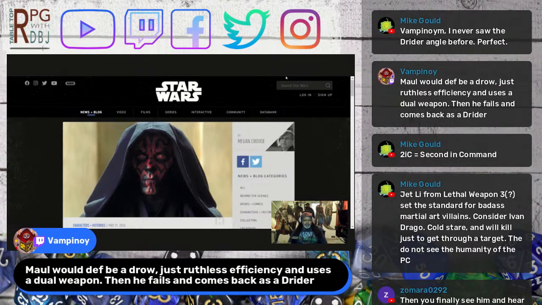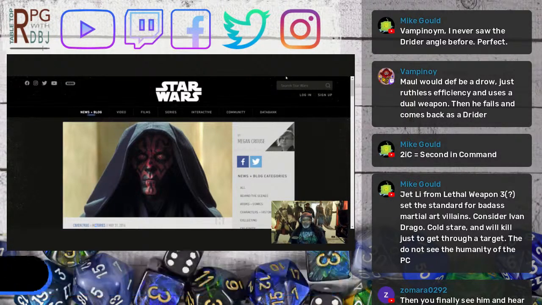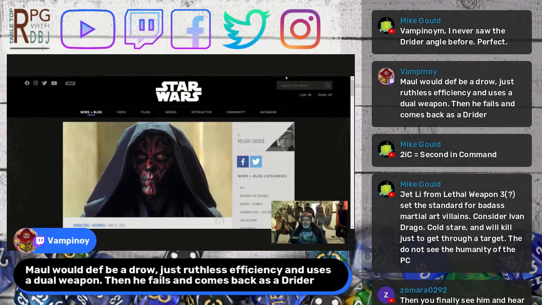Yep. Vampiro says Maul would definitely be a drow. Just ruthless efficiency and uses a dual weapon. Then he fails and comes back as a drider. Ooh, yeah, I like that. I'm with Mike. Ooh, that's right. Comes back as a drider, and guess what? Lolth, done. Queen of the spider web, queen of the demon web pits, right? Character killed, drow cut in half, falls down a pit, comes back as a drider. PCs are like, what? Okay, so